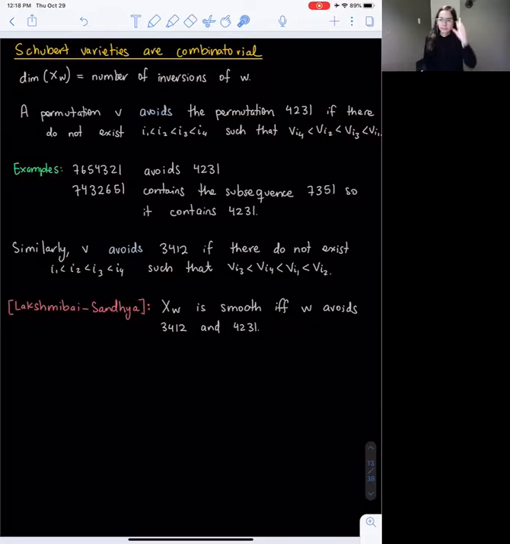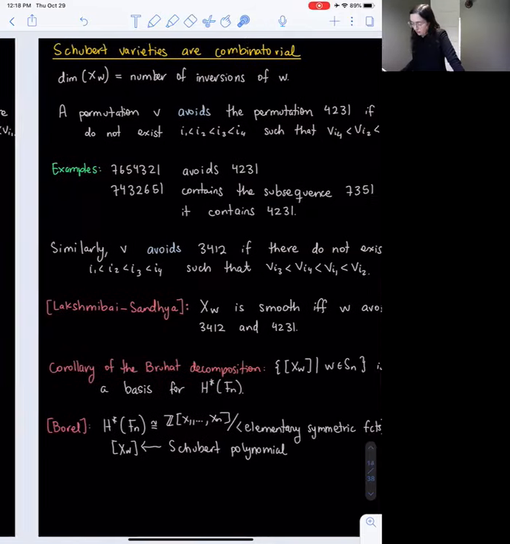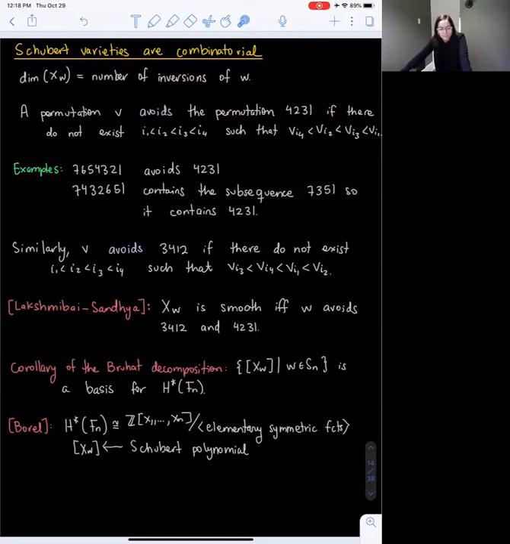And then, to give a little bit of a sense of in what other way Schubert varieties are combinatorial and what way they play a central role, I'll tell you briefly about a difficult problem in combinatorics. So one corollary of the Bruhat decomposition, so remember, we said that the Bruhat decomposition said that your